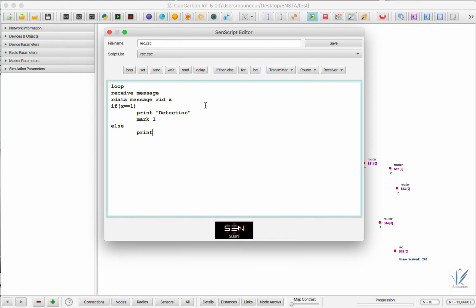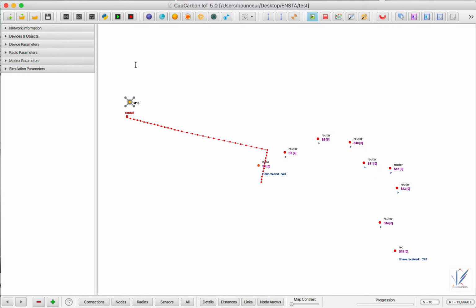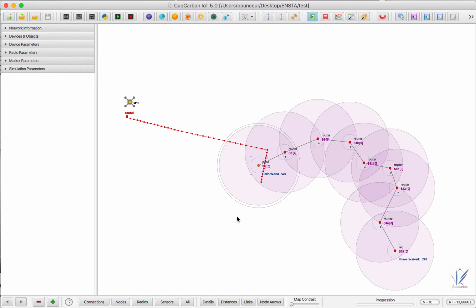Otherwise, I will print nothing, and I will unmark the node, and that's it. So now, if we display the nodes here, or the parameters, this is the right bracket. I can increase this